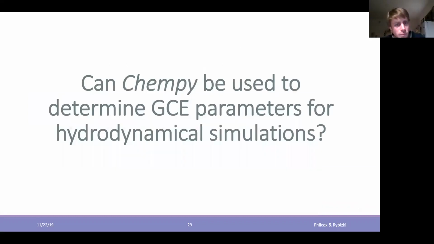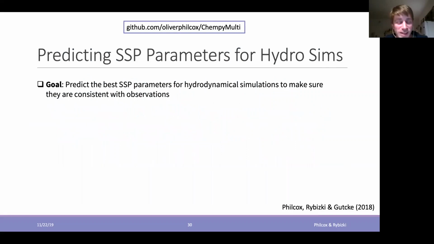Okay. So now the question is, can Chempy be used to determine GCE parameters for hydrodynamical simulations? We showed that in the paper that we did with Oliver, who was the first author. The goal was to predict the best simple stellar population parameters for hydrodynamical simulations to make sure that they are consistent with observations.